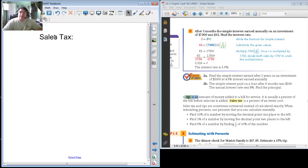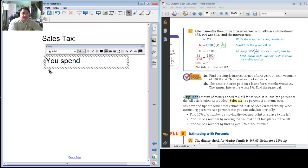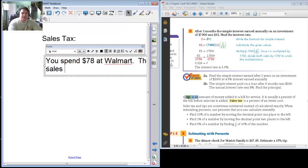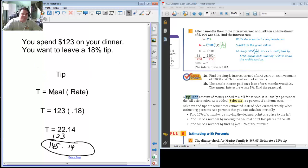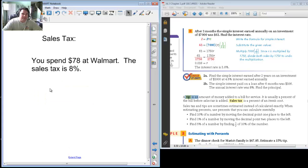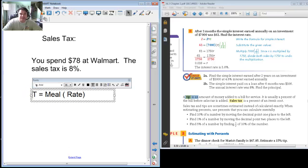And sales tax simply means how much extra you have to pay for your meal. Or not meal, but for any item. So let's say you spend $78 at Walmart. The sales tax is 8%. Now, what you have to do is take this times 8%. So let me first put the formula together. Just as T equals meal times rate here, in this case T for tax is going to equal